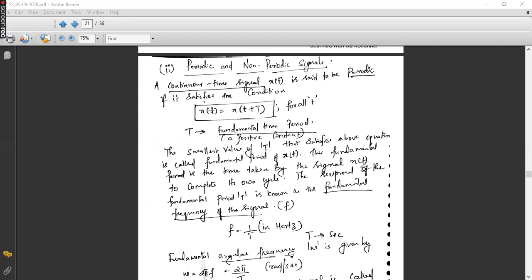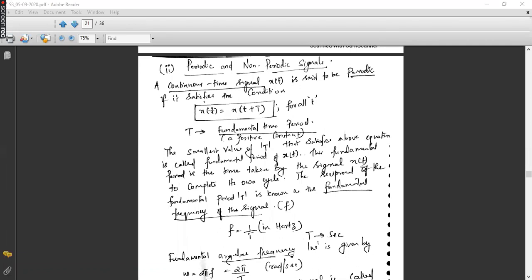The value of the signal at instant t equals 0. Yes, good. X of 0 is the amplitude of the signal, or the magnitude of the signal at t equal to 0. I told you x is a variable, or simply a name of a signal whose characteristics vary with time. So at the time t equal to 0, what is the amplitude or magnitude of the signal? That is what is known as x of 0. Clear? This x of 0 means it has a defined value at t equal to 0. That's all. X of 0 is nothing but the value of the signal at t equal to 0.